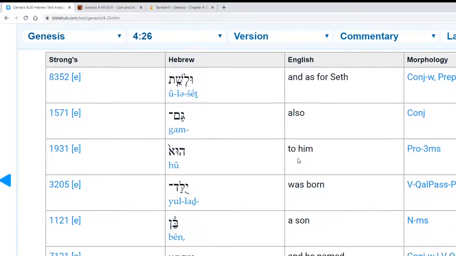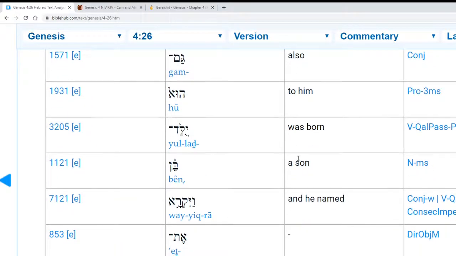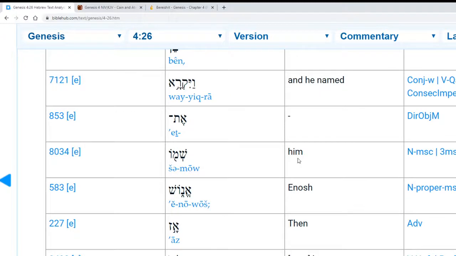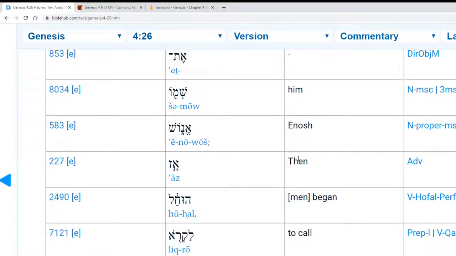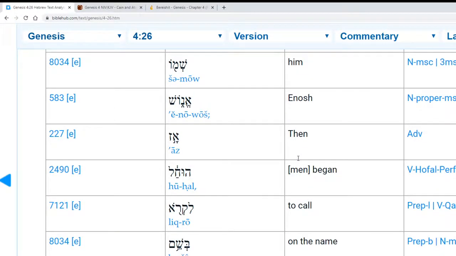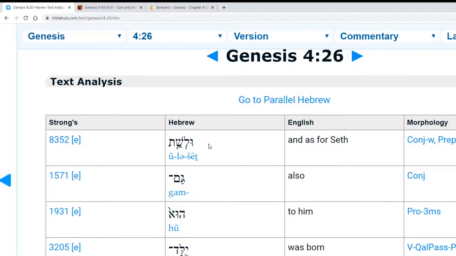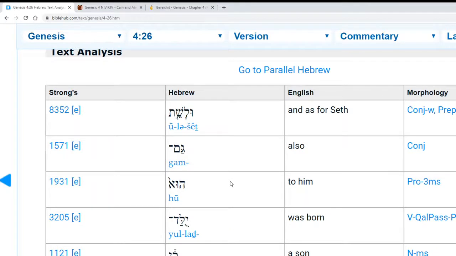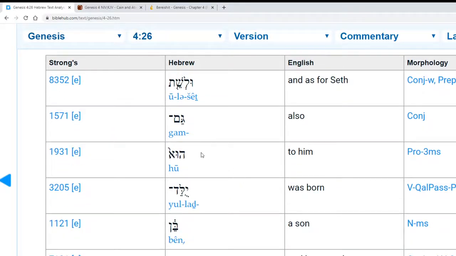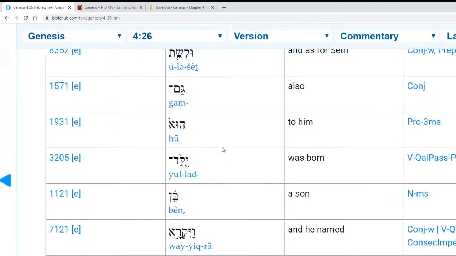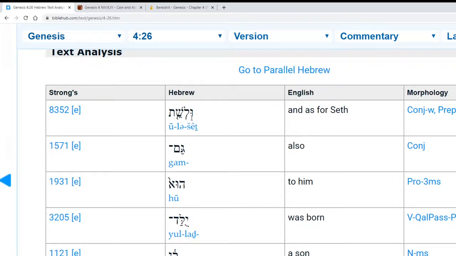Uleshet gam hu yulad ben, ויקרא את שמו אנוש, אז הוחל לקרוא בשם Hashem. Interesting. Okay. Conjunctive vav, the prepositional lamed, the name Seth, gam, also, hu means he, also he, and to Seth also,